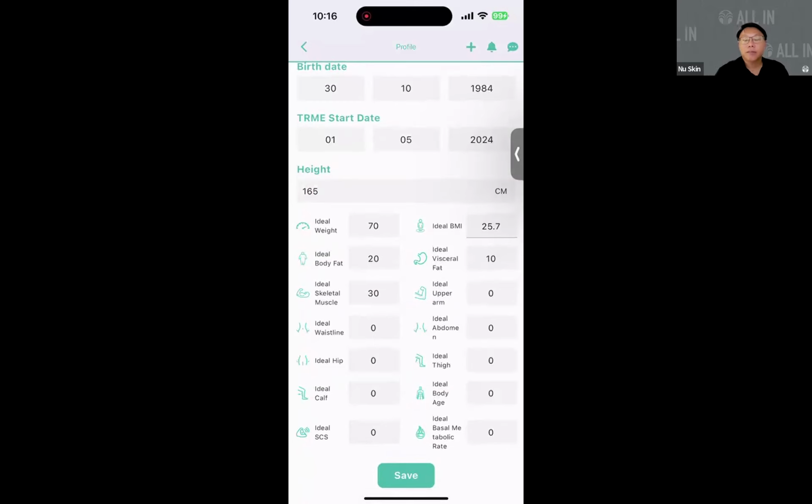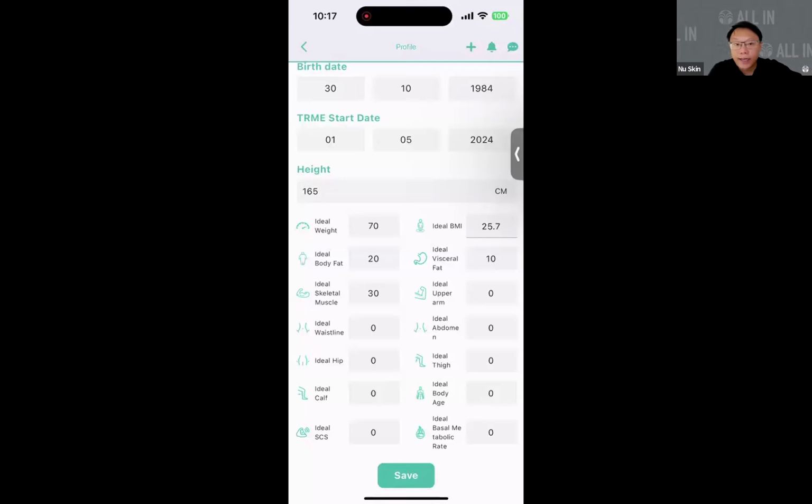By default, if you are setting up an account today, the start date will be set to today, right? But just in case for some of the customers, if they have set up an account today but do not want to start the program yet, maybe they want to start on the 1st of next month, they can also adjust this date at a later stage, okay?